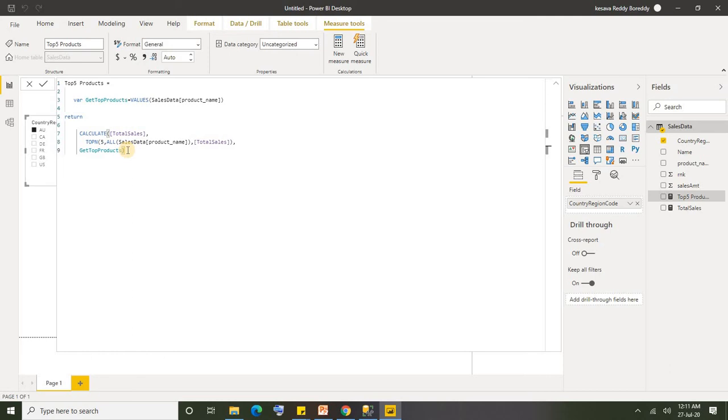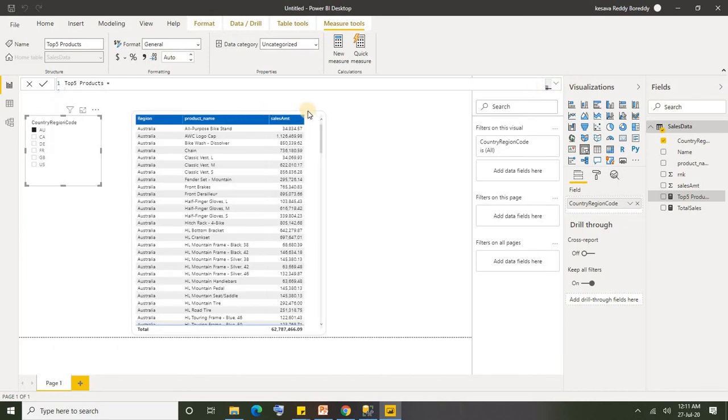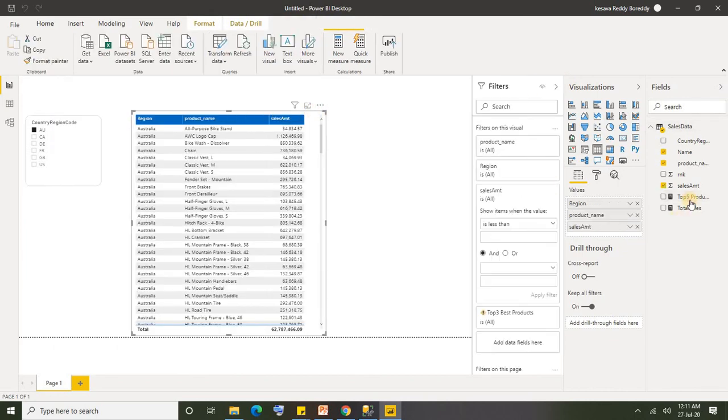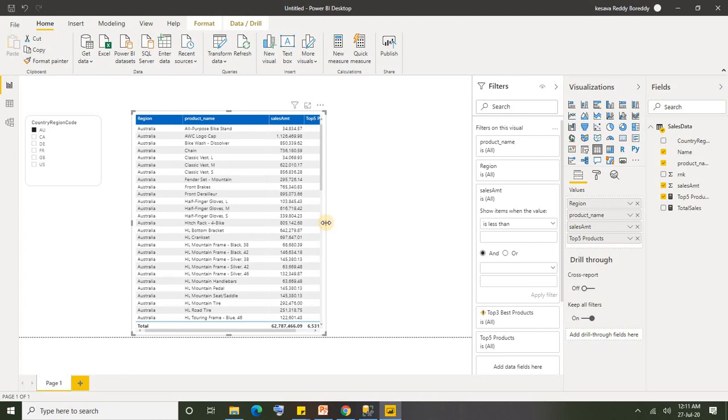Let's press enter. Now let me add this measure to the table. Let me sort with this.